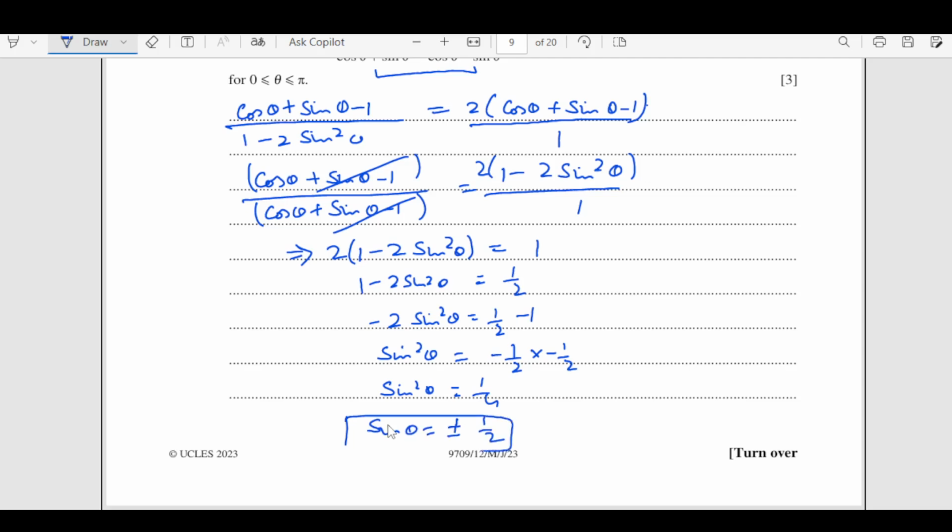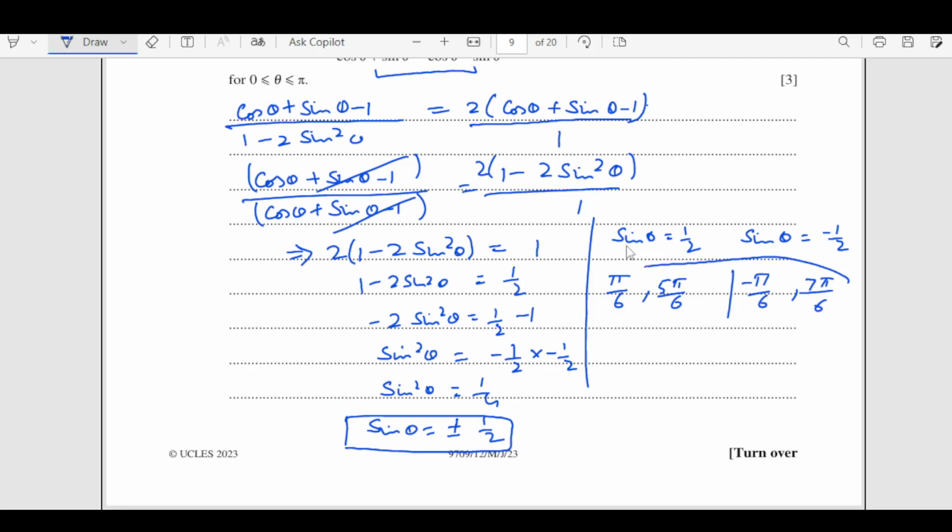So taking this value, we need to find out the value of now theta. So now we have here sin theta is plus minus half, so from here sin theta is half and sin theta is negative half, right. So when is sin theta half? When it is pi by 6 and 5 pi by 6. Similarly here in this side we have theta is negative pi by 6 and 7 pi by 6. So this is our final answer. These are the angles,